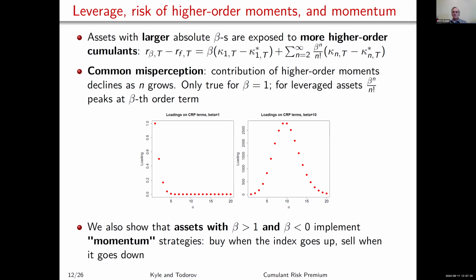And that doesn't matter in the lognormal world, where, since the log returns are normally distributed, all those high order cumulants are 0. But it does matter in a world with jumps and this Heston stochastic volatility model, or in other kinds of models where returns are not normally distributed.